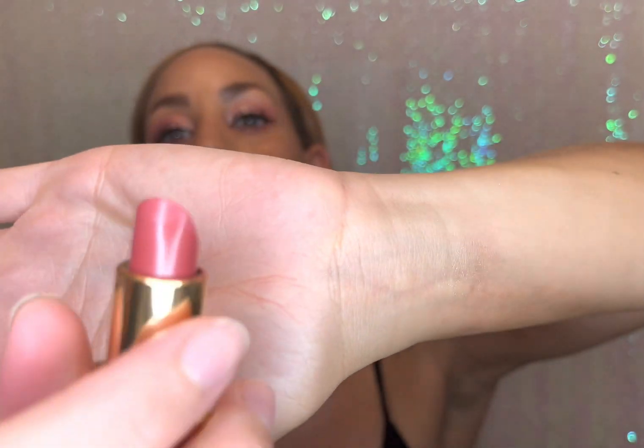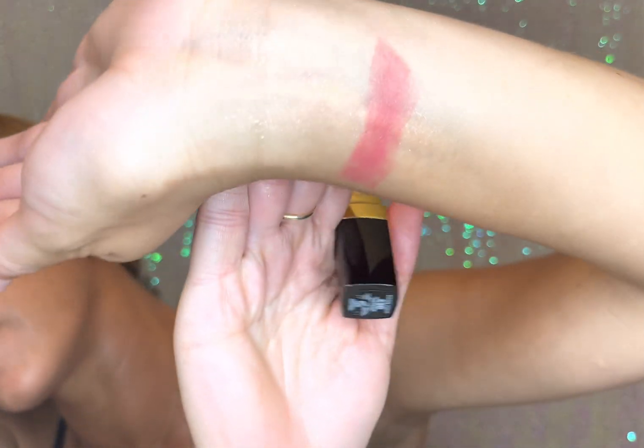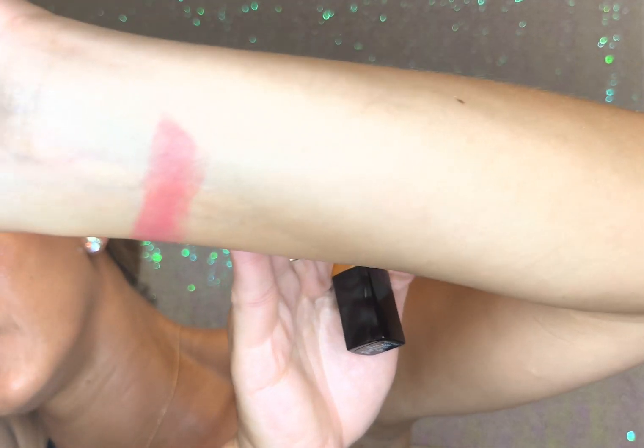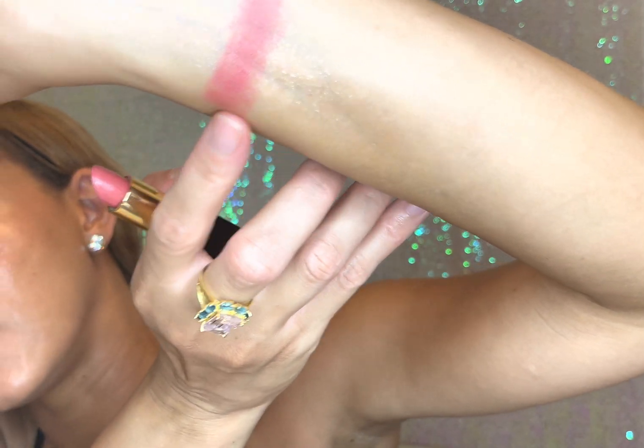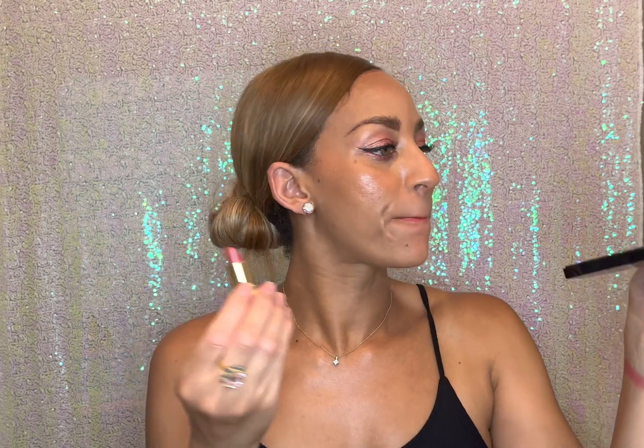The first Rouge Coco is in the color Tendresse. Unfortunately, this was a limited color, but oh my, when we talk about pink, I can't stand how beautiful this color is. It's gorgeous. That's all I have to say. I mean, I can't really put in any other words. Like, I'm speechless. It's like everything I wanted in pink. Now, this formula is definitely going to be more creamy. It's going to be less opaque, but it is so pretty. So this is the Rouge Coco